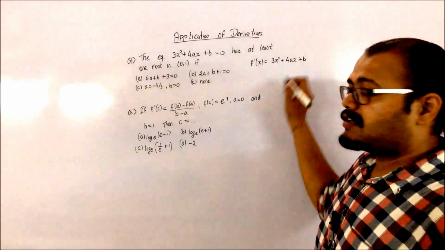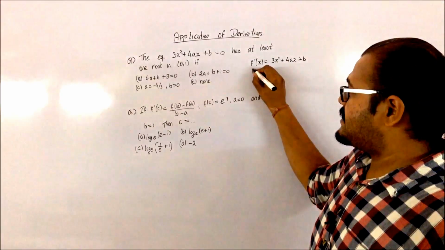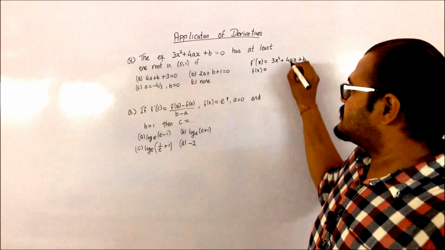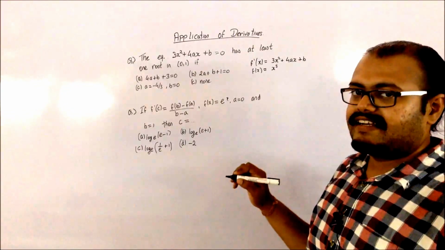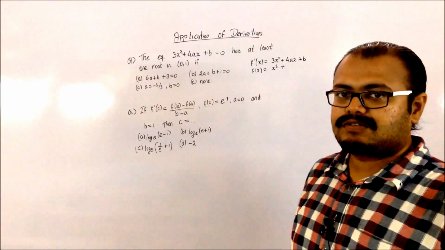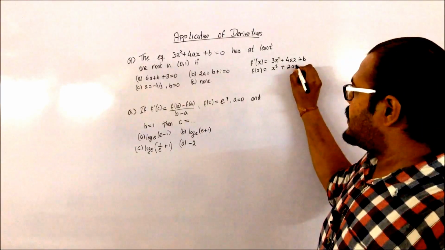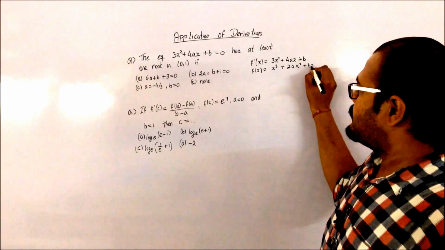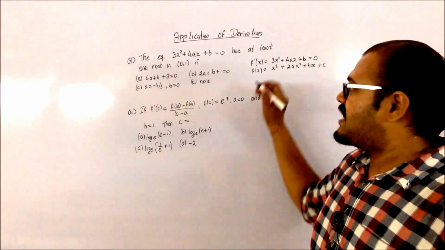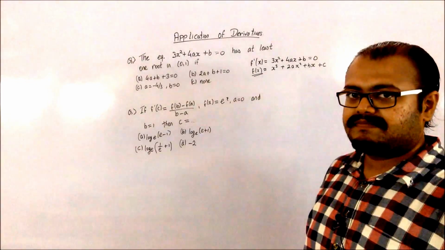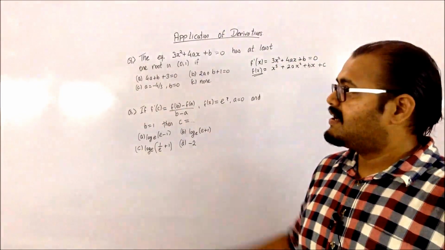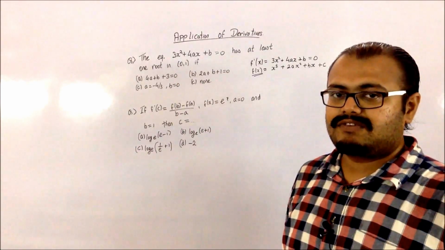If I want to find what the original function is, then I have to integrate on both sides. So f of x, I will get as the integration of 3x square, which is x cubed by 3, so the 3 gets cancelled, plus 4a is constant, integration of x, which is x square by 2, so I will get it as 2ax square plus bx plus c. Now if you just look at these two equations, you have this particular function which is f of x. Its derivative should have a value 0 at a certain point between 0 and 1. That is what you have to find out.